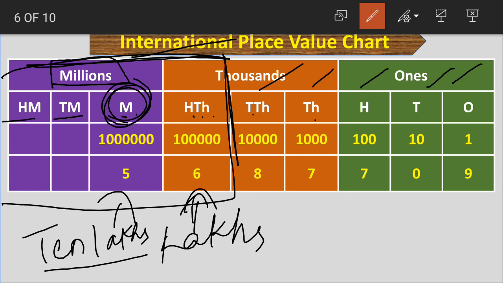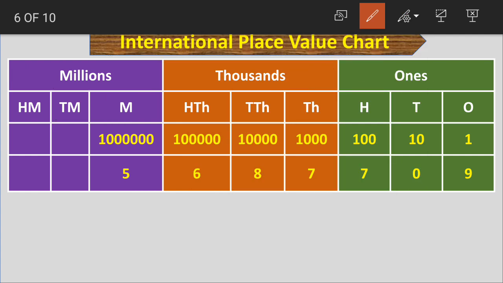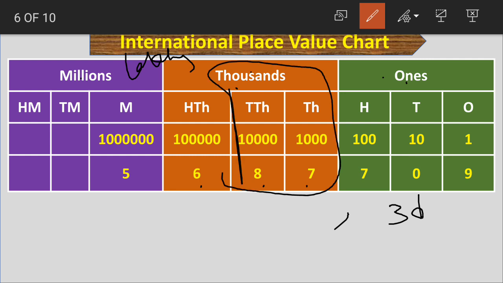In our place value chart, what were the periods? We had ones, thousands and lakhs periods, but in international they have ones, thousands and millions. And coming to the commas also, look at here, our first period ended after 3 digits. Here also it is having 3 digits, but in the second period they are having different digits. What did we have? We had only 2 digits in our place value chart. We had thousands and 10,000s only in thousands period. But here they are having thousands, 10,000s and 100,000.